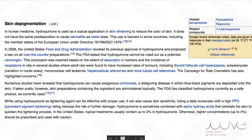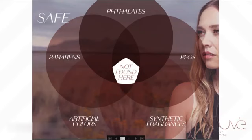In fact, I'm not going to just have you believe me. You can go look these things up yourself. This is from Wikipedia. Hydroquinone is banned in some countries. The EU, and the US FDA actually revoked its previous approval of hydroquinone over the counter, and it cannot be ruled out as a potential carcinogen. So again, in a world where we now have an option that's healthier, this is something to understand. I'm not going to go too much into this because many of you have heard of it, but we have our